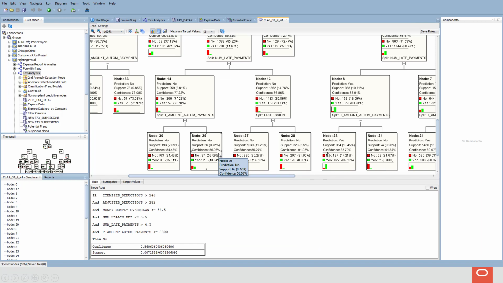And the nice thing about a decision tree is I can find, notice the red versus the green. Here's all green over here. I can find if, that I'm 56% confident that represents less than 1% of the total population here. You kind of see where the pockets of different patterns have been uncovered, and I can use this to make predictions. So this is just one of the many 30-something algorithms that we have inside the database these